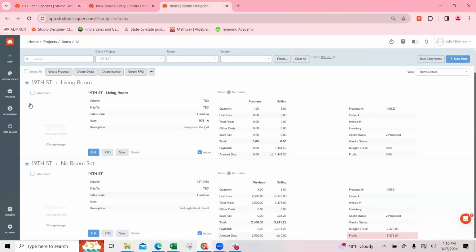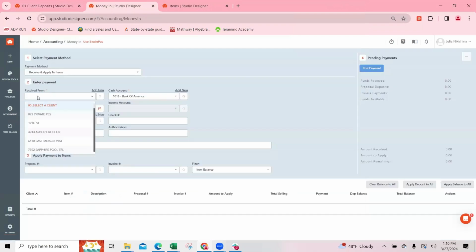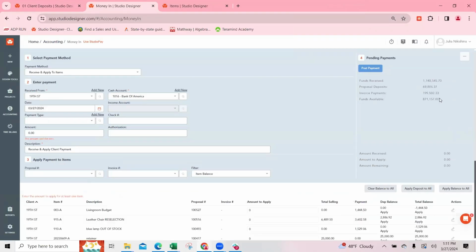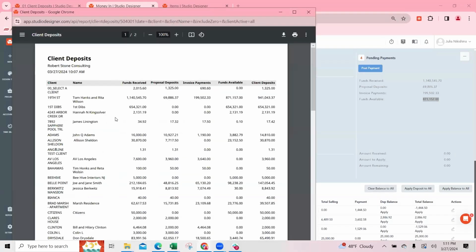Let's go to items, let's keep items open. Accounting, money in, and our friends 19th Street, they have been sending us oodles of money. And so their funds available is really high, right? It's $871,000. So this is their retainer account, basically. And so if we go back to the client deposit report,